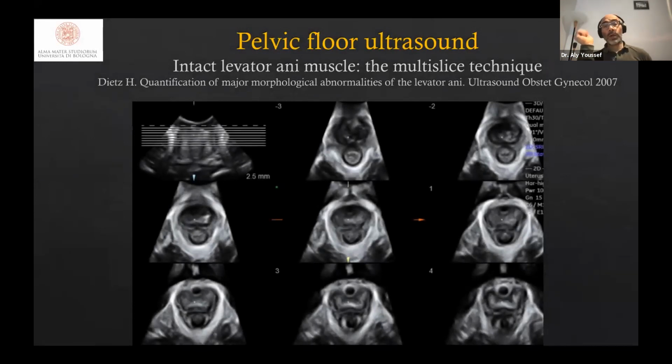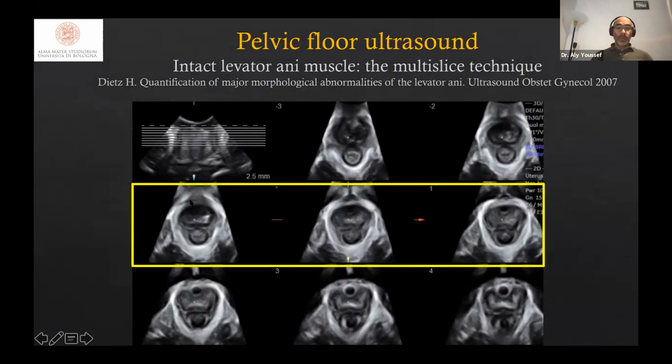Regarding the integrity of the muscle, ideally, you should use the tomographic ultrasound imaging, the multi-slice technique with a 2.5 millimeter inter-slice thickness. And in order to be sure that you are on the right plane, you have to see on the central 3 images, on the first one, some space between the pubic rami. On the second slice, you have to see some space, but it's closing between the pubic rami, whereas in the third image, you should not see any space between the pubic rami. This is a quality control check